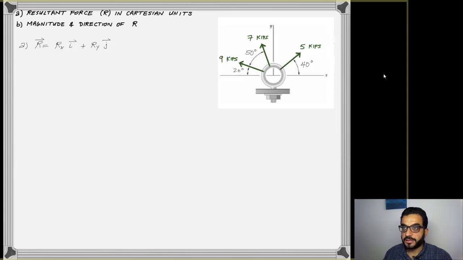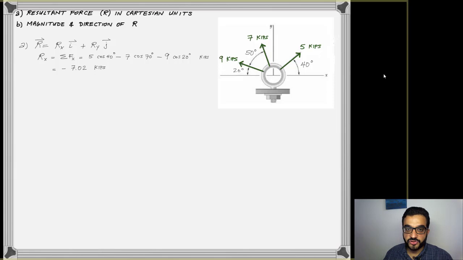And how to find the x and y components of R is to add the x and y components of the forces that we have. So Rx will be the sum of x components of the forces, and when you do that, you have to get the x components through the angles that are given to us. For example, the 5 kips, the right force here, has a 40-degree angle with the x-axis, so it's cosine 40. The 7 kips has a 70-degree angle, 50 plus 20, and its x component is cosine 70,